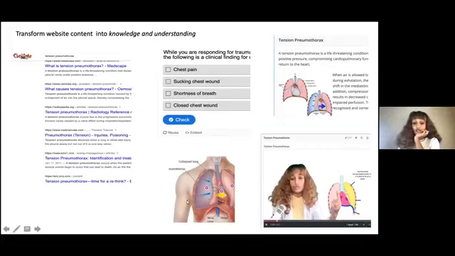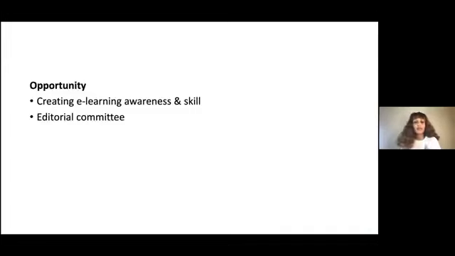Another interactive learning object is an image which can help them learn about tension pneumothorax interactively, and we also record a video. So we approach the students in many ways, and it will be good guidance for acquiring knowledge and also help them to be competent and maybe pass the exam. Those are the points for preparing online materials.